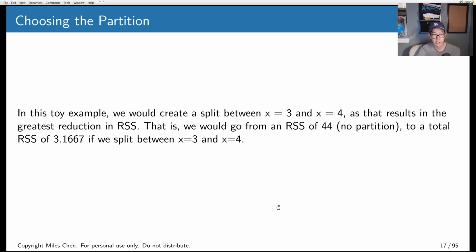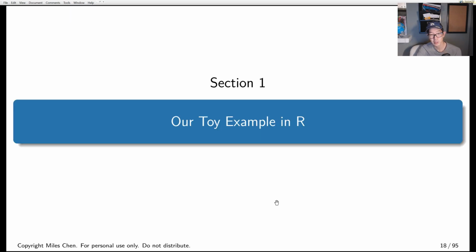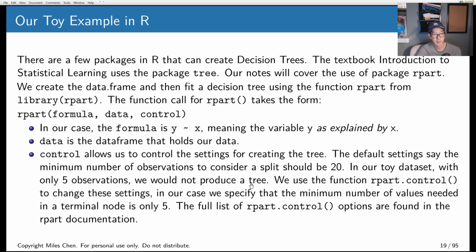And so I want to illustrate how this looks in R if we plug in our toy example in R. There are different libraries that you can use, and the textbook ISLR uses the package tree. In our notes, I will use the package rpart, and they end up making the same decisions, and I will also show you how to do it in tidymodels. But if you wanted to use rpart directly,